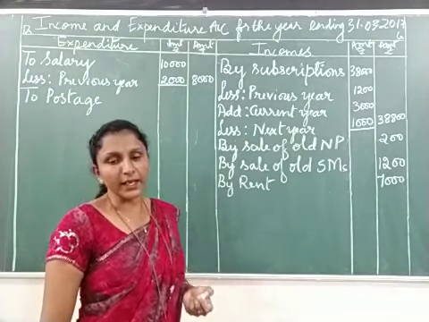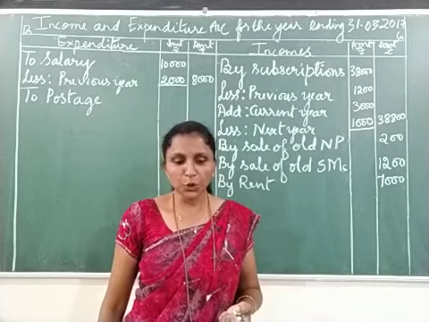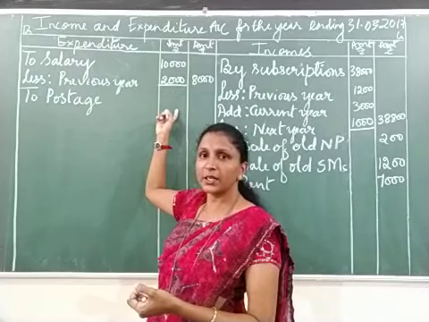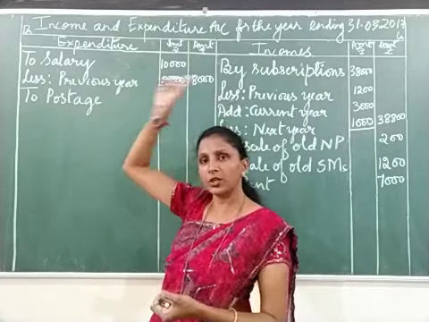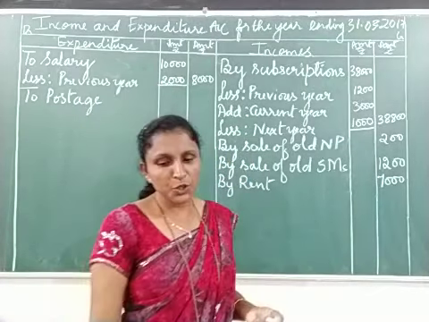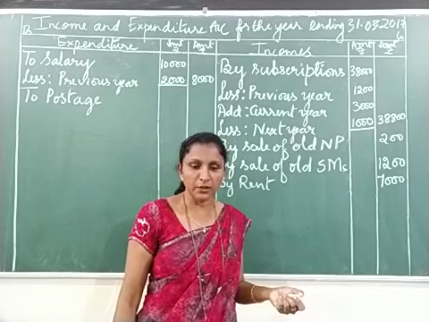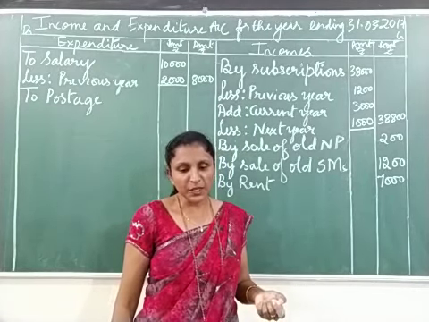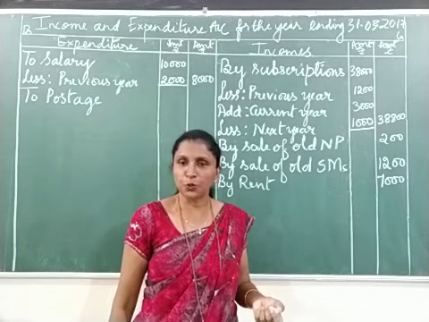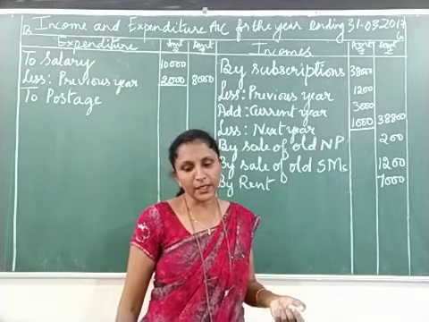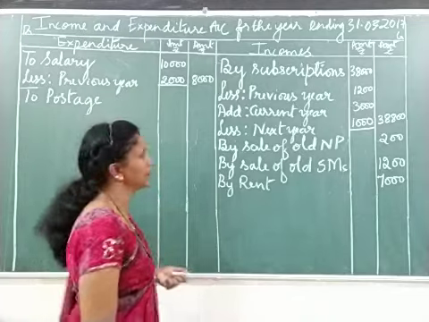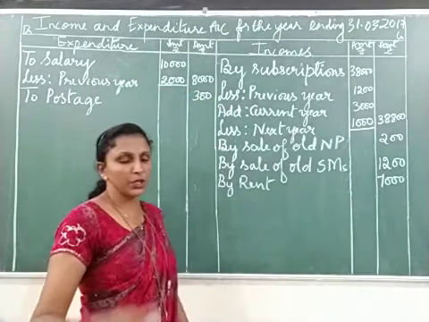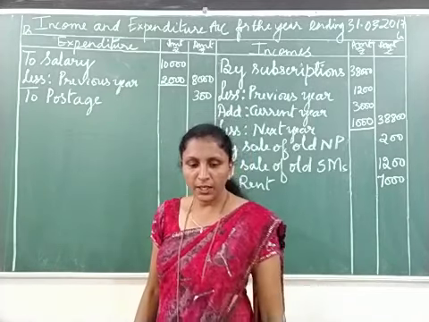Is there any related items to the postage? Because we have to write the amount if there is any related item or adjustment in the inner column. If not, we are writing on the outer column. So see the old balance sheet given. Is there any postage? No. In the adjustments, are there any items related to postage? No. So let's write it in the outer column, 300. You put the tick mark. Okay, move on.